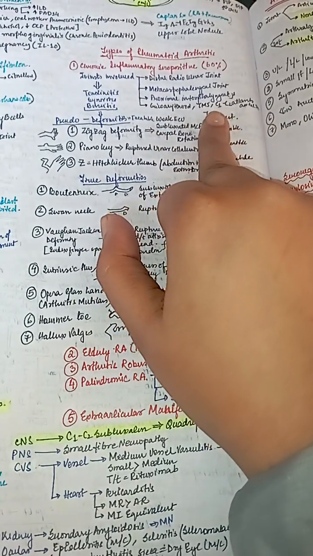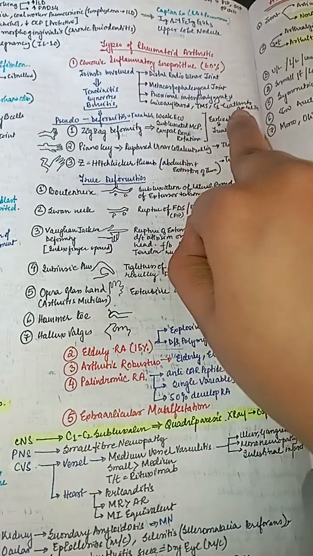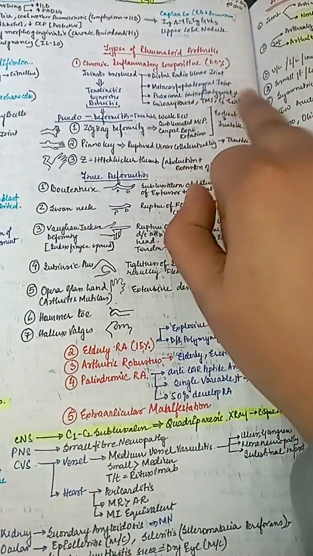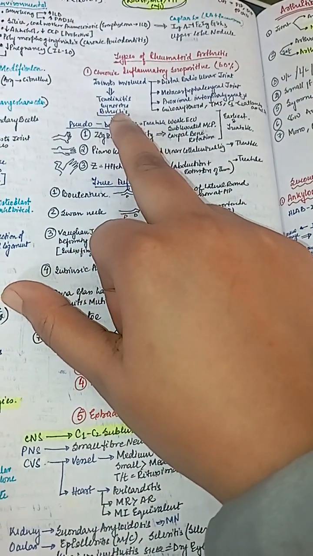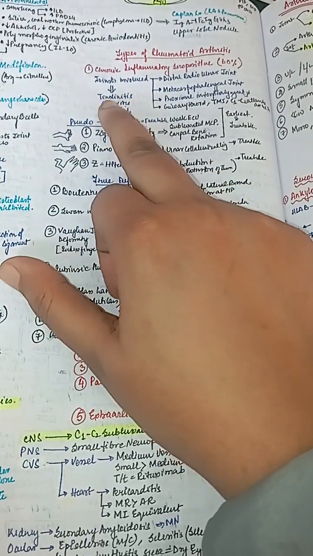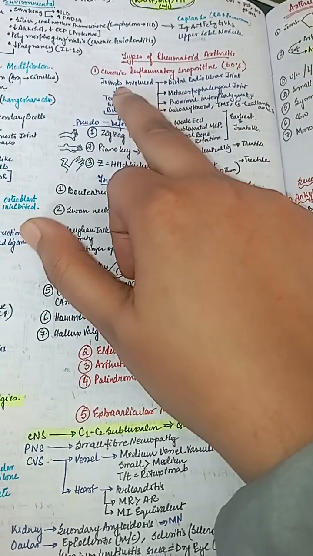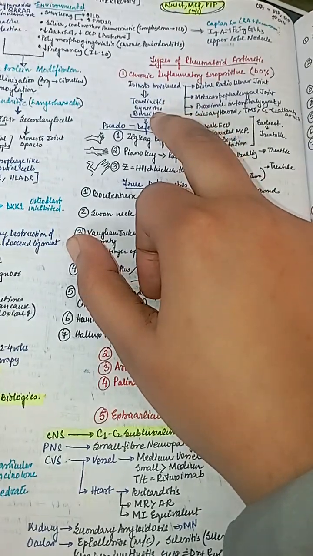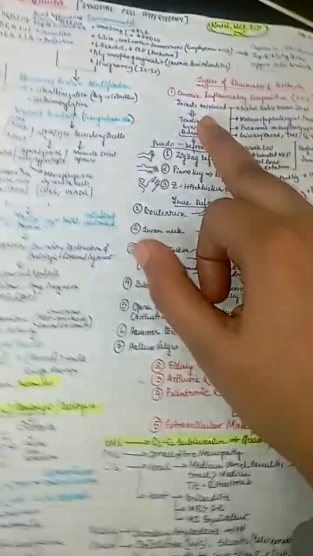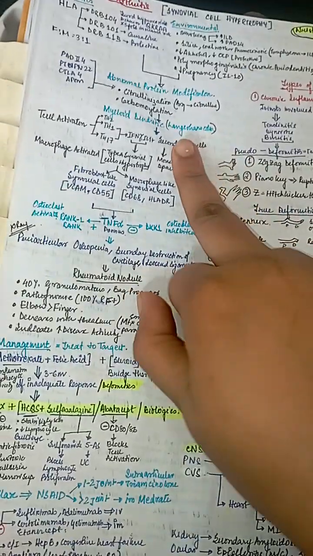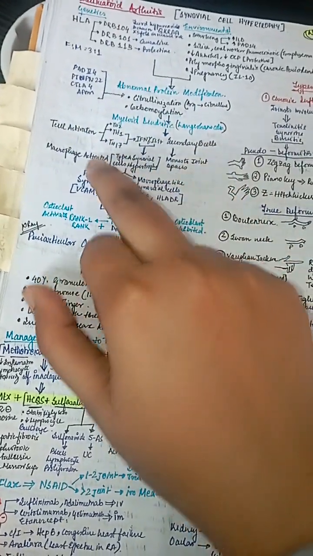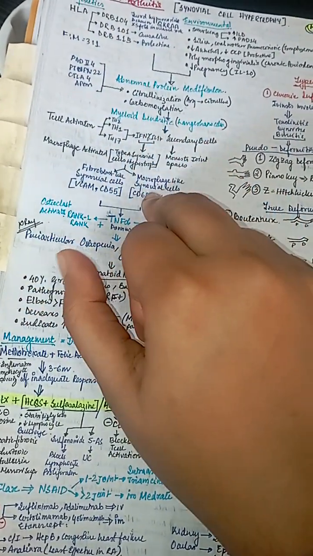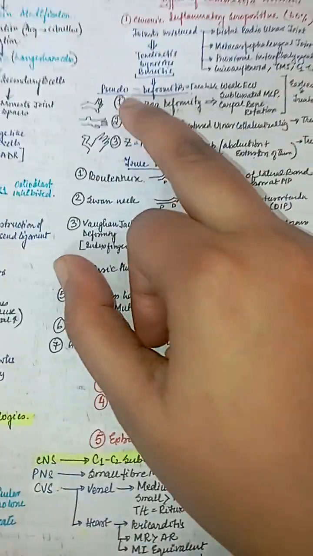Cricoarytenoid, temporomandibular joint, C1, C2 atlantoaxial joint, these are involved. Tendinitis and synovitis and bursitis occur in the joints involved. Tendinitis, synovitis and bursitis. This is the first thing which is going to happen because of the citrullination and carbamylation. Firstly, the T cell and B cell are getting activated, and then this first inflammatory response is happening. This is the tendinitis, synovitis and bursitis.